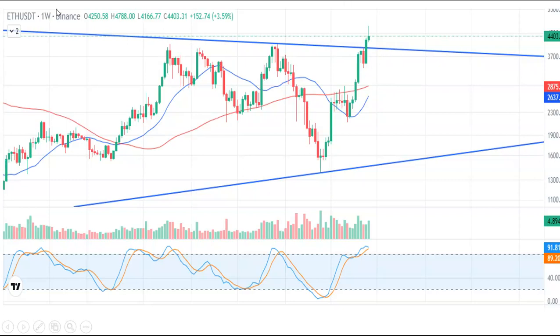It has crossed over the higher band of the symmetric triangle, and in the short term it is probably going to retest a little bit. But if you are a long term trader like me, you should be bullish on this